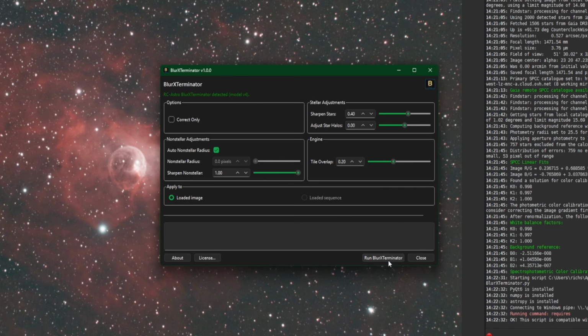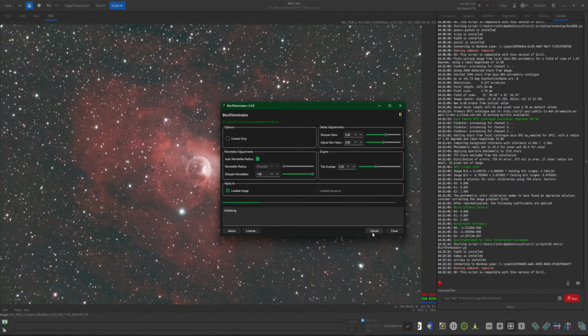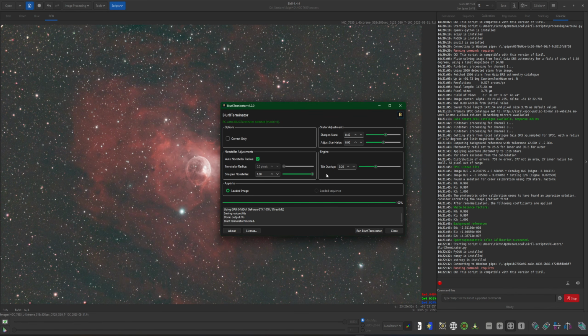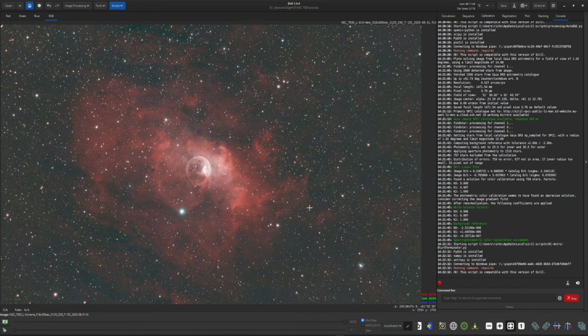Click Run BlurXTerminator. It'll take a few minutes. It does use your GPU if it's supported. If it has any issues, it'll just roll back to CPU, which obviously is going to make it run a lot slower, but no control over that if you don't have a GPU. So we're almost done here, 98%. It's automatically bringing the image over into Siril, and I'm going to close it so we can take a look